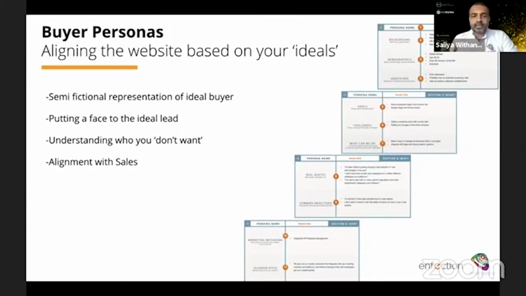This is where the disparity happens, but this is where you really need to spend some time, figure out who you don't want, as well as who your ideal customer is, and then align. So you actually put a face to the name, so to speak. Figure out, not just say that I want to target somebody within the age range of 25 to 35, but actually somebody who has a lifestyle like this, who interacts with brands like this, who lives like this. So go much deeper into your customer or potential customer. Understand who these personas are.